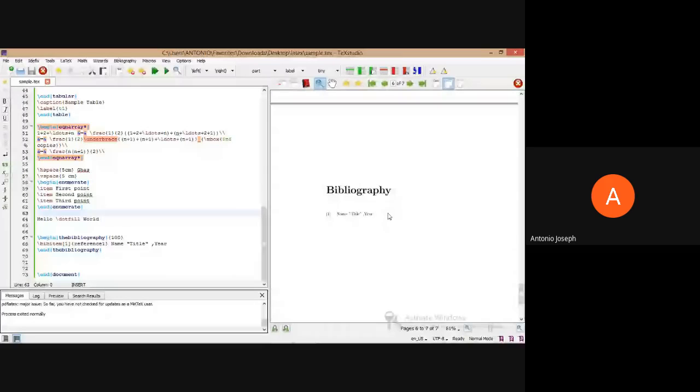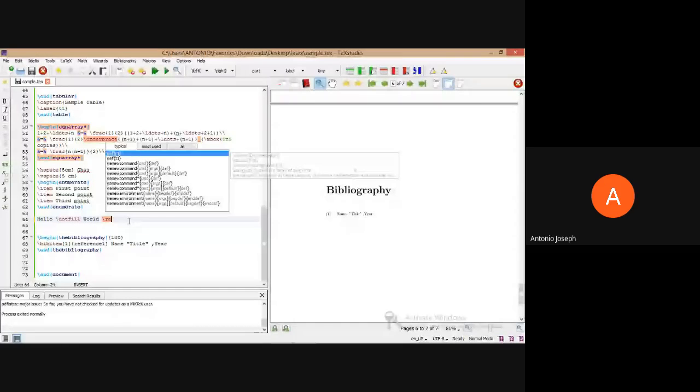Okay. Now suppose you want to provide a reference, the command is cite. We have already provided the label as reference one, so we can just click on that. So here the command for citing is \cite. Okay, if we are going to refer to the table, equation, or figures, using the labels provided for them, the command will be \ref. So that's the difference over here.